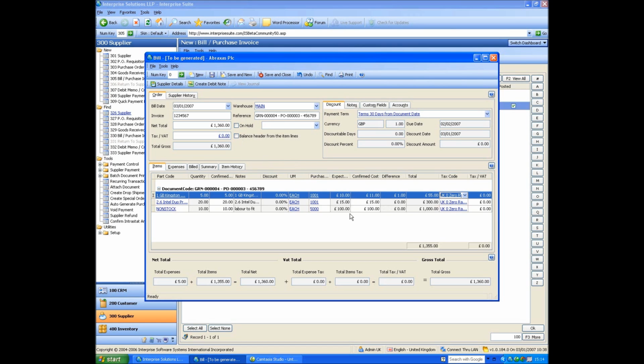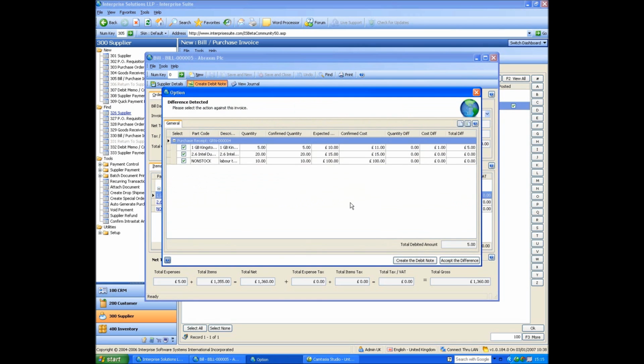So what's happened here is I've actually changed the detail amount, and the values are now different from the actual net amount on the invoice. In theory, what you should have done was looked at the invoice and typed in the actual amounts and balanced back to those amounts. But obviously, I'm cheating a little bit here, so I'm just going to click that so it kind of balances out. So I'm going to create the debit note,